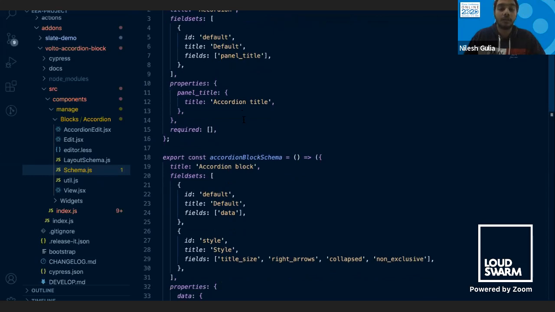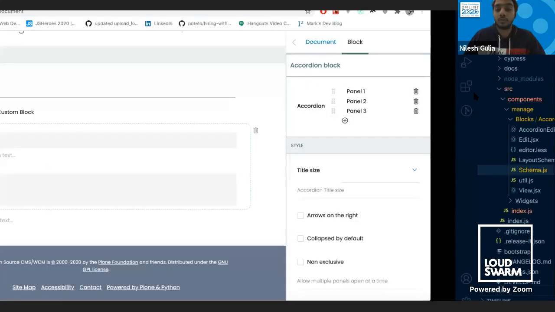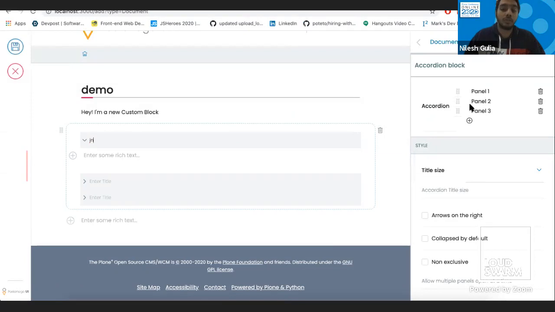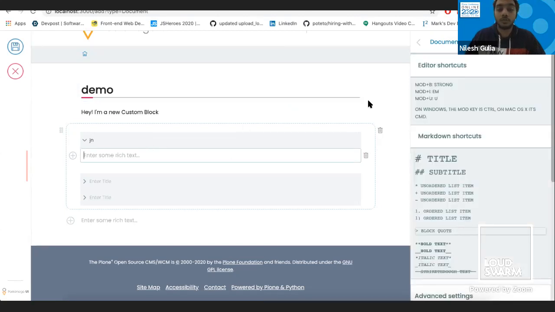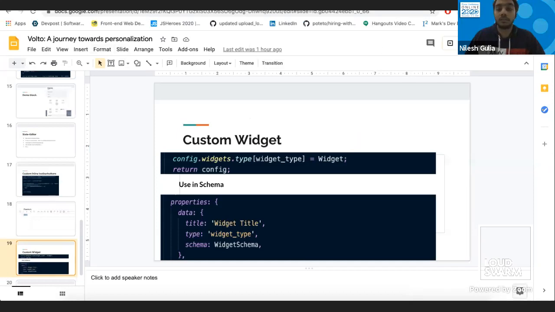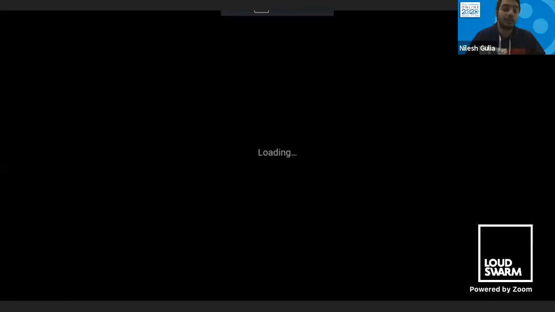Whenever we see that, we can show this through this widget. It also changes if you click on this, but it's not clickable actually. So this is how we override the widgets configuration.